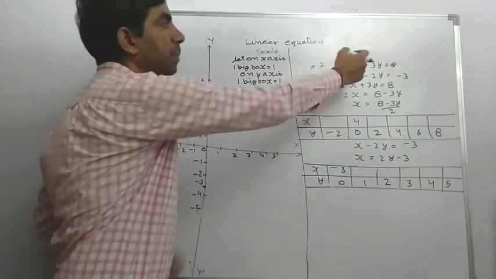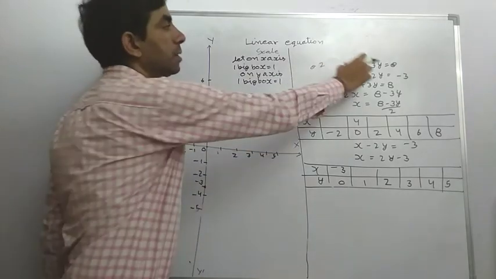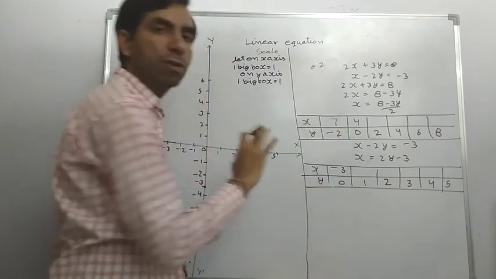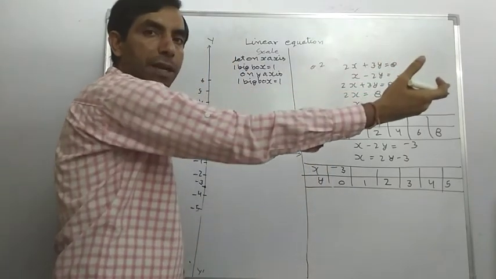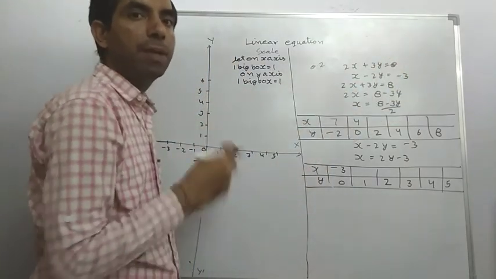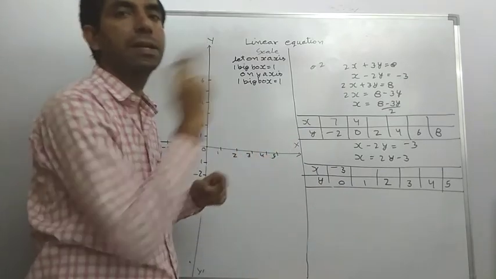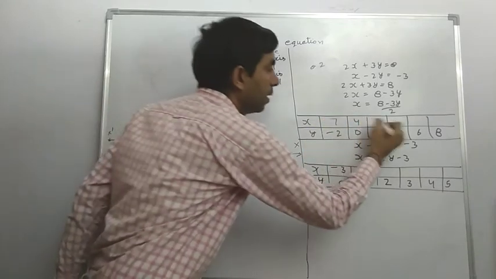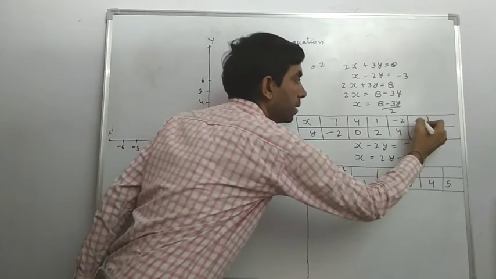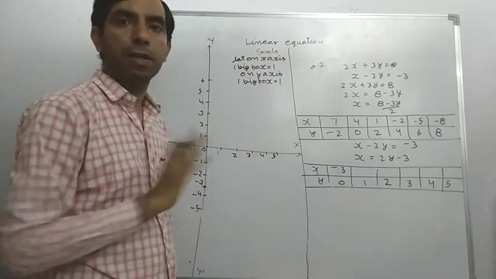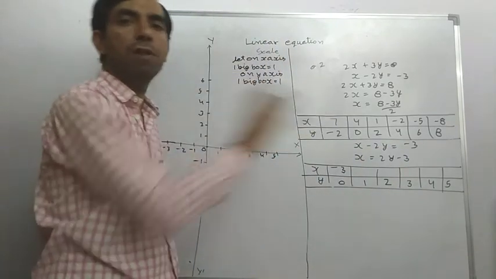The multiple of y is 3, then we add 3 on the left side. 3 plus 4 is 7. And subtract on the right side, because previously we subtracted on the left side, now we subtract on the right side since the sign is positive. So 1 minus 2 minus 5. It is our solution of equation 1. Easily, we solve it without calculation.